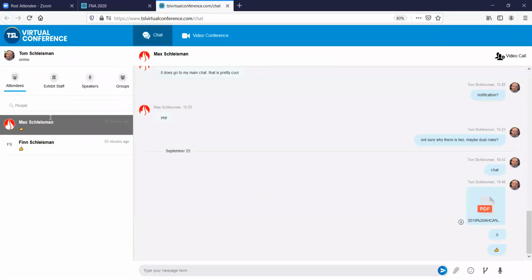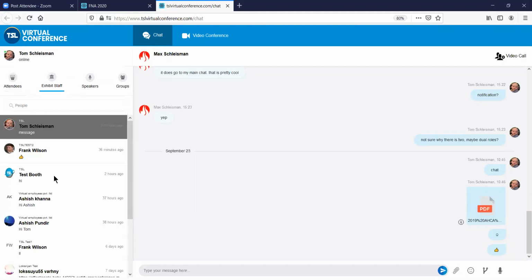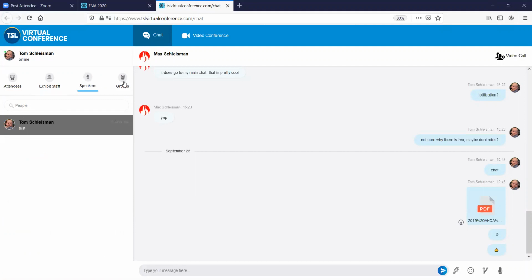So when you open the chat, all of your screens here on the left are going to be empty because you haven't engaged with anybody. I've done a lot of engaging so far. And so if I click on attendees, this is going to show me all attendees I've engaged with. This is going to tell me all the exhibit staff I've engaged with, the speakers, and then also the groups